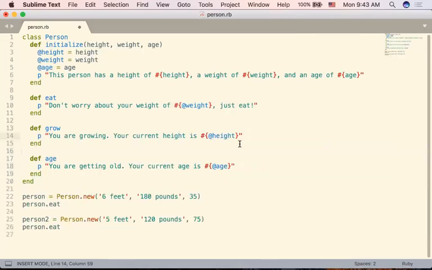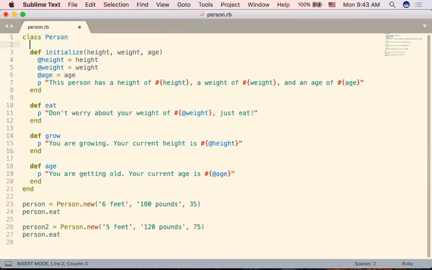But sometimes you want a shortcut. Sometimes you just don't want to remember to type all these at symbols, because pretty soon it's going to get a little bit ugly. So what they decided to do is that they have this idea of attribute readers. Like this is a getter, basically saying read the particular attribute for this person. So what they do is they do attr_reader and just do weight, height, and age,